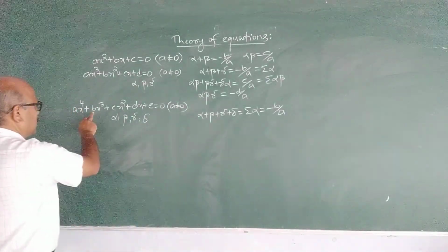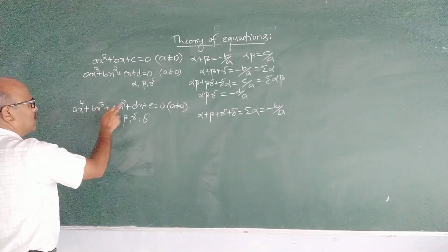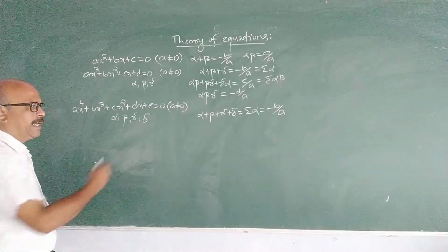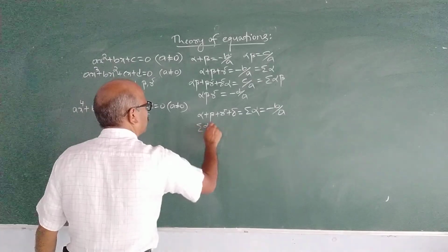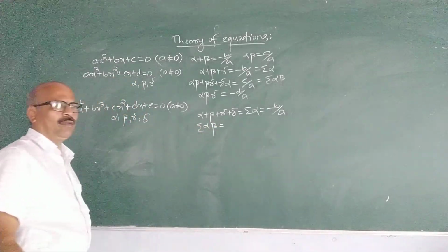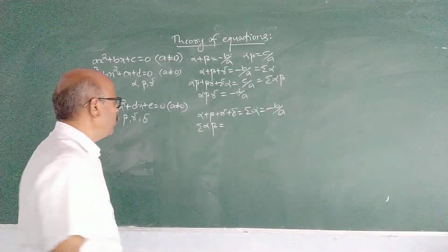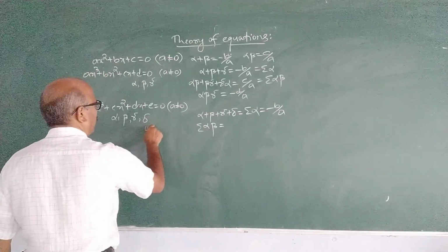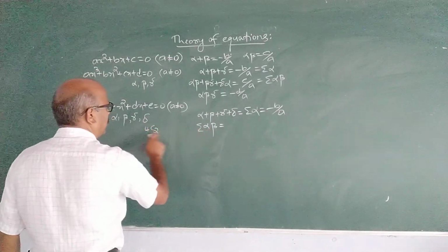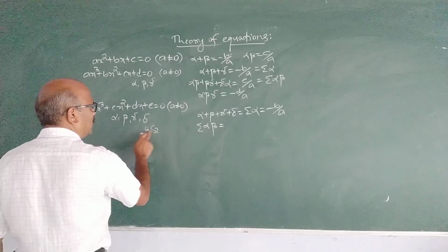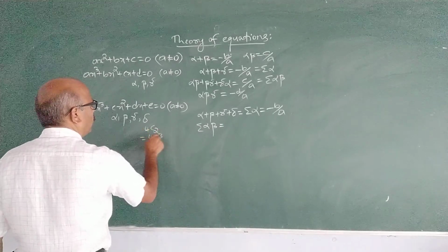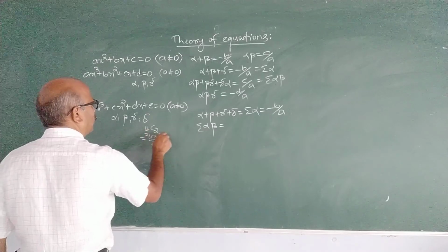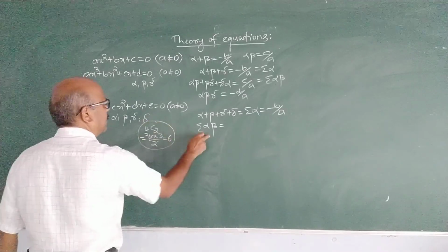So start from this, minus b by a. First minus, plus, minus, plus. Alternate negative, positive you will get. And the sum of the products of the roots taken 2 at a time is sigma alpha beta. How many terms will there be? That also you can find out. 2 we have taken. How many roots are there? 4. Therefore 4C2, combination of 4 taken 2 at a time. What is 4C2? 4 into 3 by 2. Therefore there will be 6 terms here.